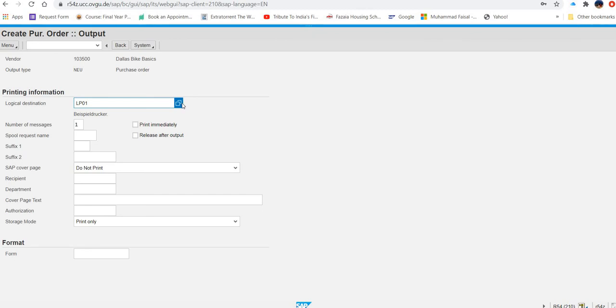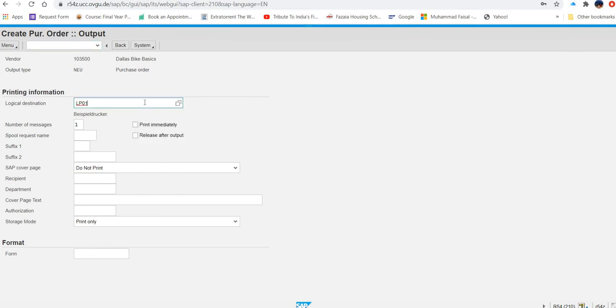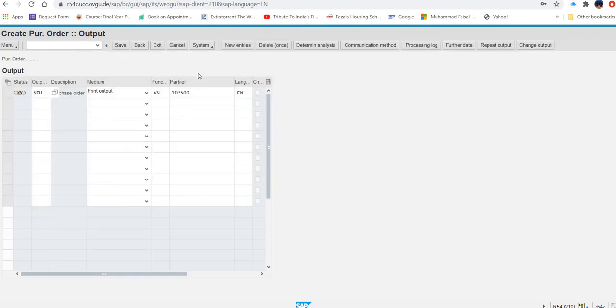It will be, let's type it. And then check indicator print immediately. Okay. Then what they are saying, go back.